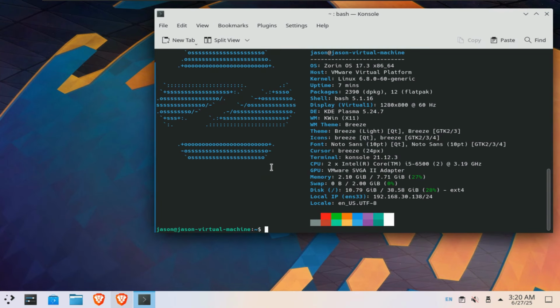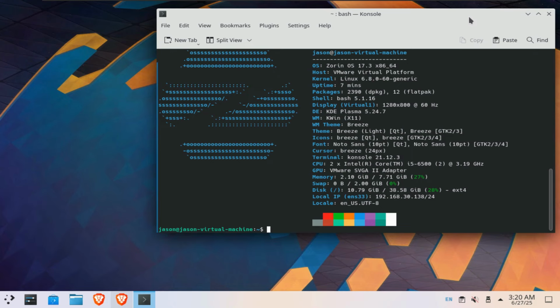And just like that, it's working. Think Zorin OS is gonna stop me from installing FastFetch? You lost your damn mind, Zorin OS? Hell no, nobody stops me from installing FastFetch.